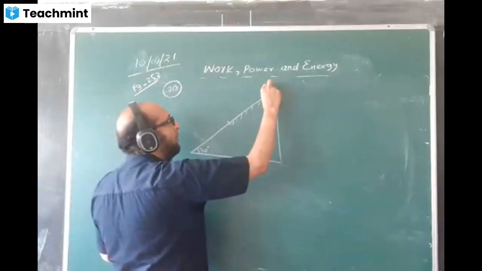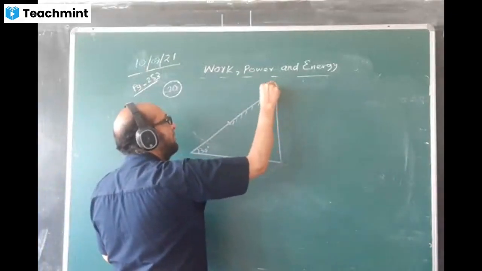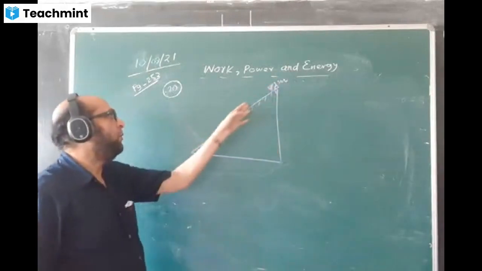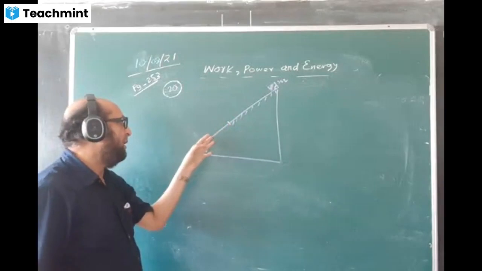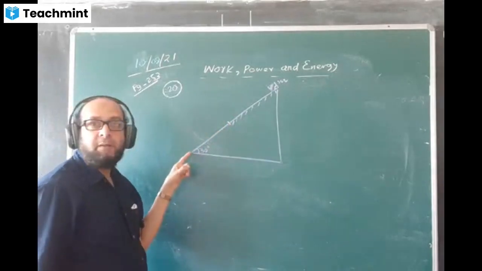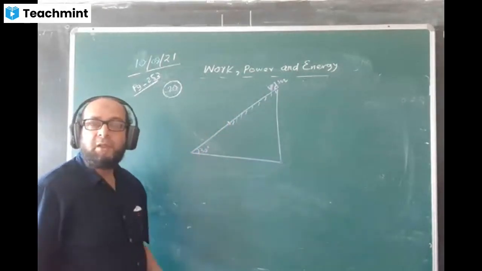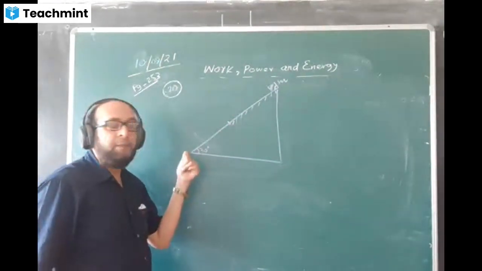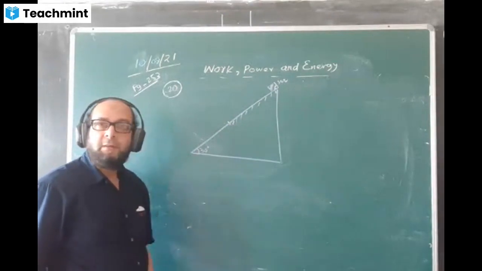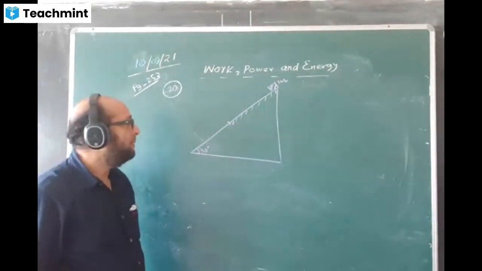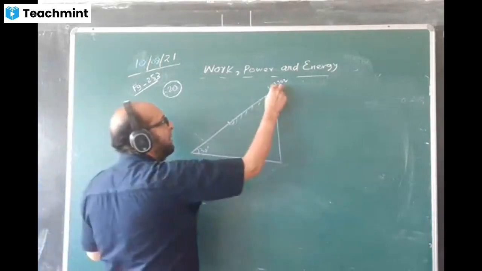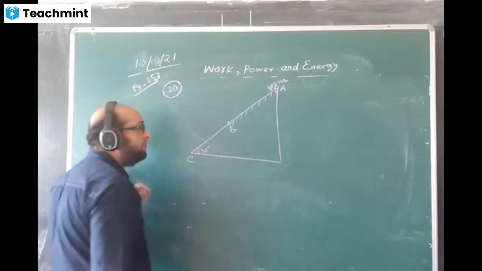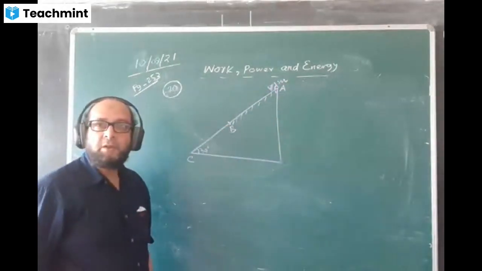We are having a body, a block. There is a block over here. At this point, mass of the block I'll take M. This is sliding down like this, and when it just reaches the bottom here, it comes to rest. Question says that on coming just to the bottom of the plane or surface, it comes to rest. Okay. I'll mark this point as A, this point as B, and this point as C. A, B, C. These are the 3 points.